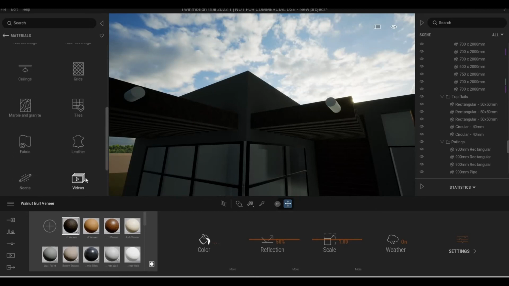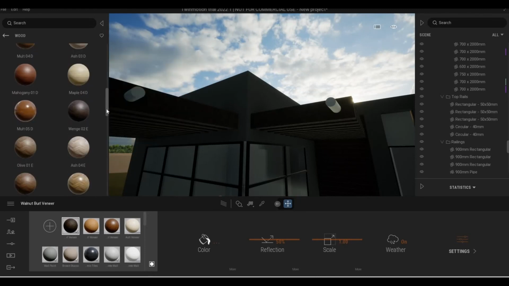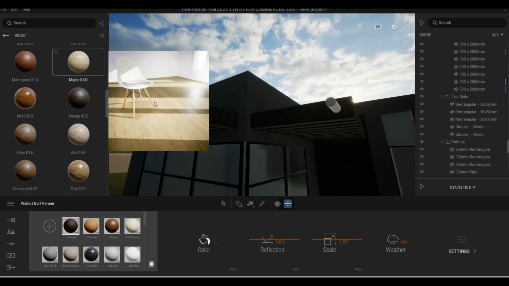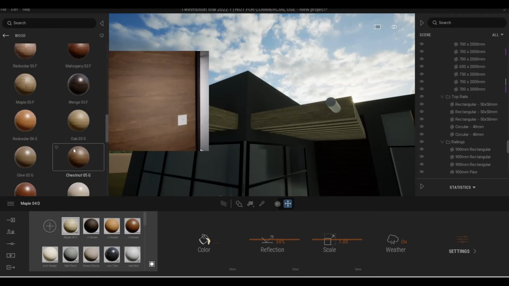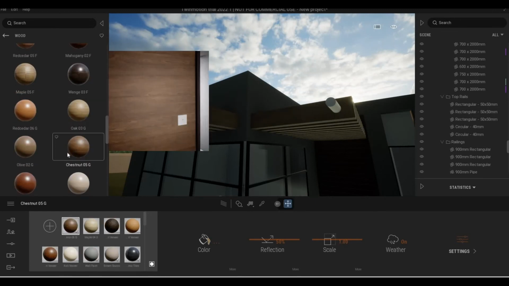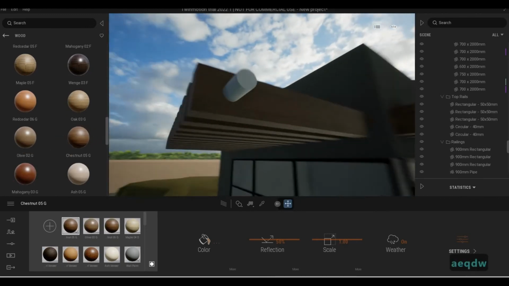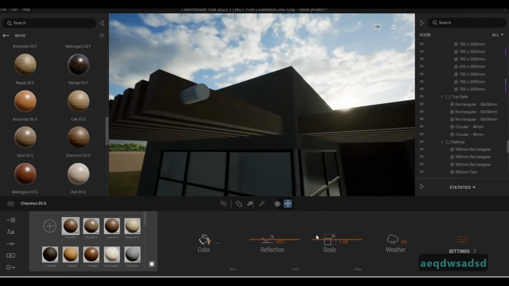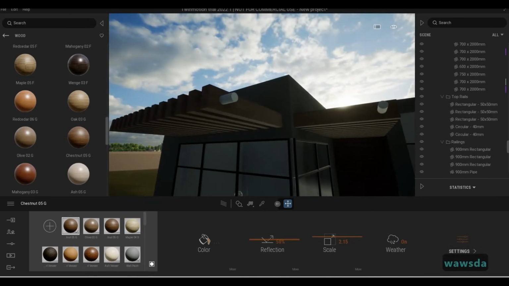I think we have it here. Yeah, I think that's good enough. Scale it a bit. And then in terms of